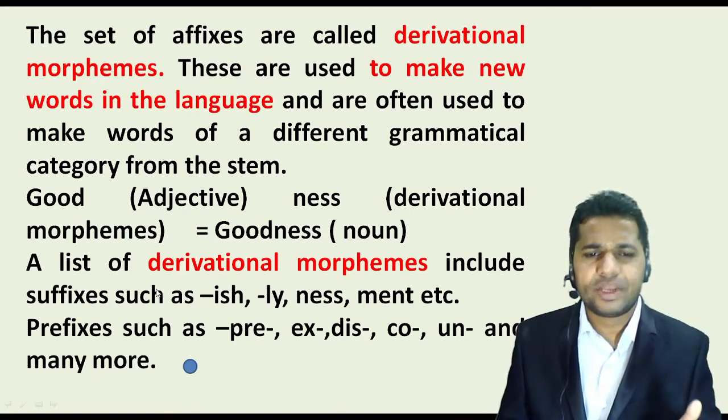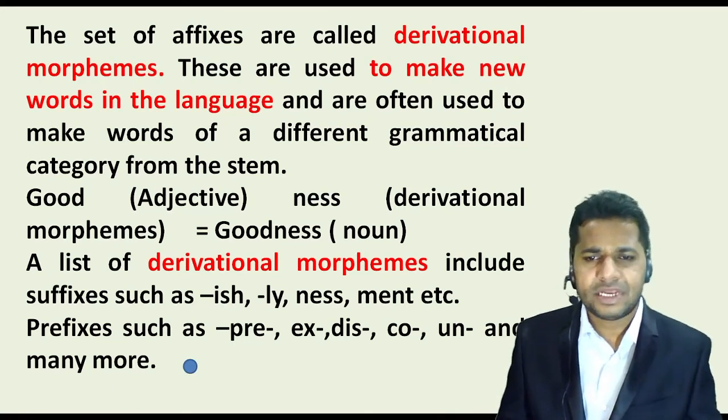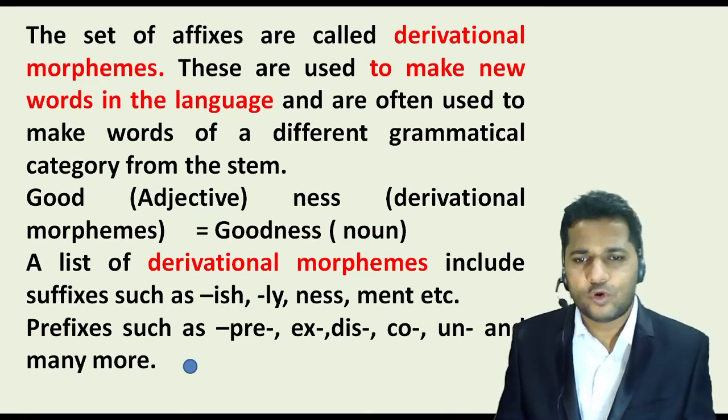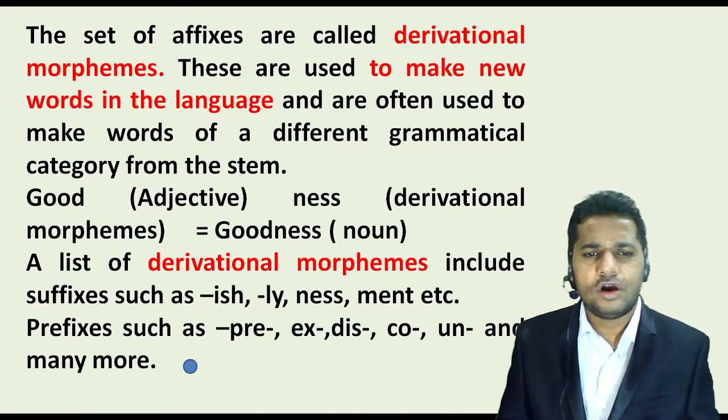Now there are so many derivational morphemes. There is a list here. If you see suffixes like ish, ly, ness, ment, etc., they are derivational morphemes. If you see prefixes like pre, ex, dis, co, un, and many more, they are called derivational morphemes, because when